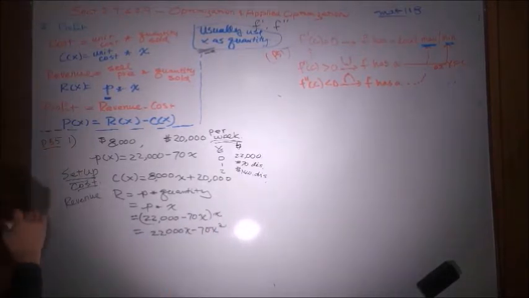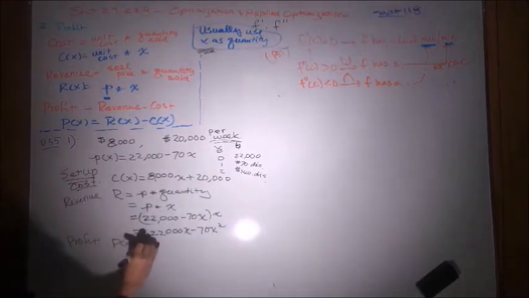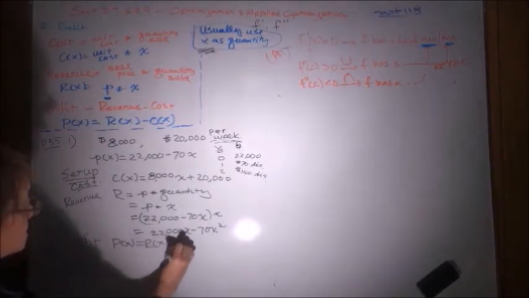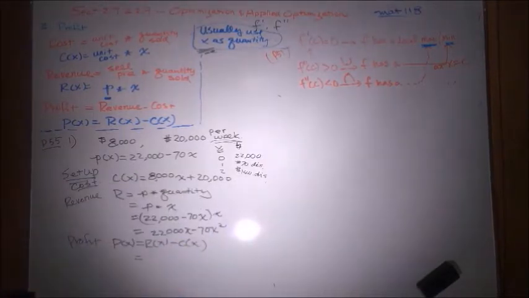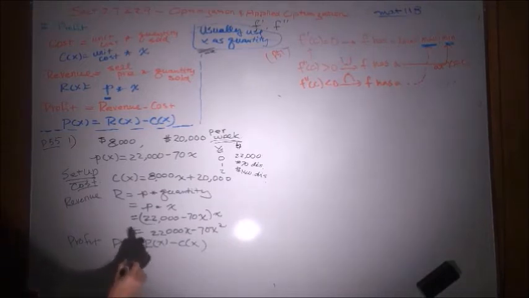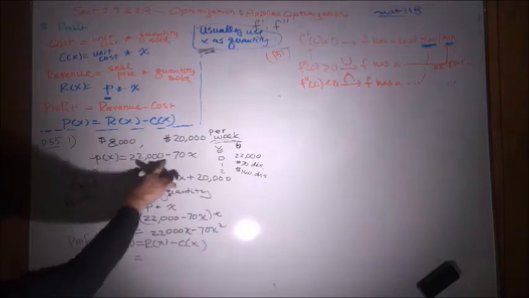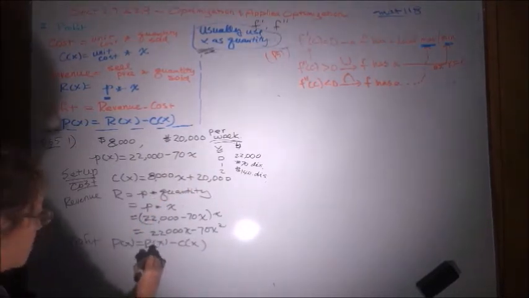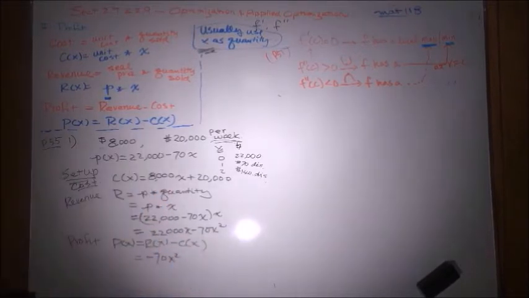Right? Then let's do the profit. How's the profit? Profit would be what? Profit equals your revenue minus your cost. So revenue is this minus your cost. That would be this one minus here, right? So that would be 70x squared, and this one minus that one would be